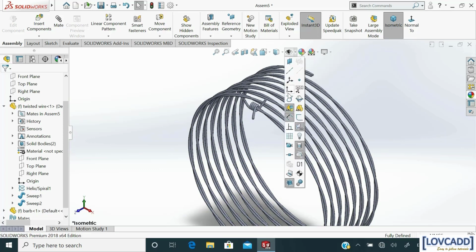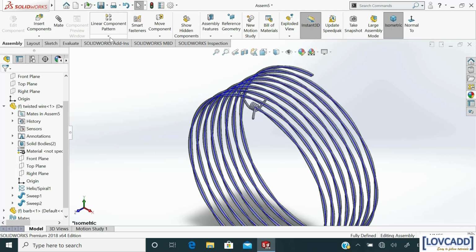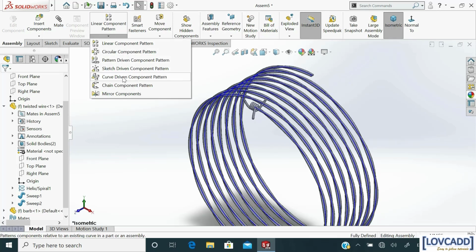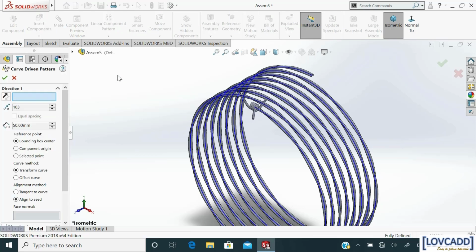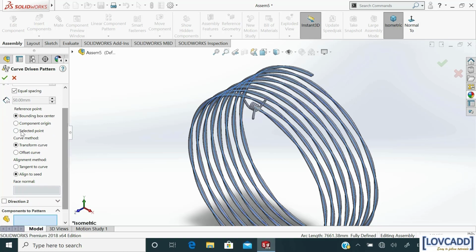Next, go to Show menu, select the curve and the sketch. In assembly, select curve driven pattern. Here in direction 1, select the helix, this curve. Check for equal spacing.